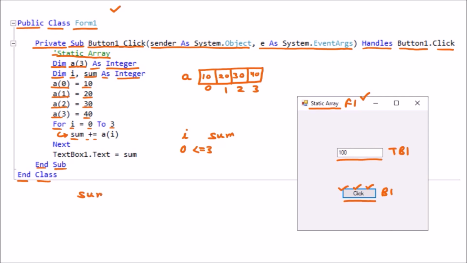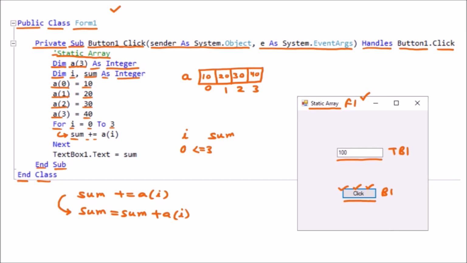Whenever we write sum += A(I), the meaning of that is nothing but sum is equal to sum plus A(I). So that means previous value plus the new value.